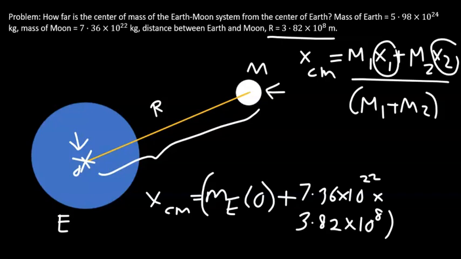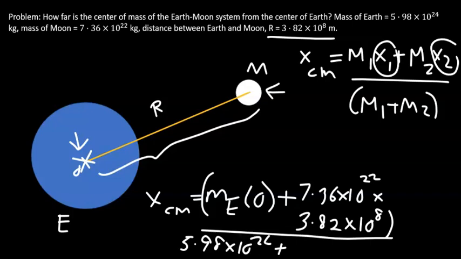And you divide this entire sum by the total mass of Earth and Moon, which is 5.98 times 10 to the power 24 plus 7.36 times 10 to the power 22 kg for the Moon,